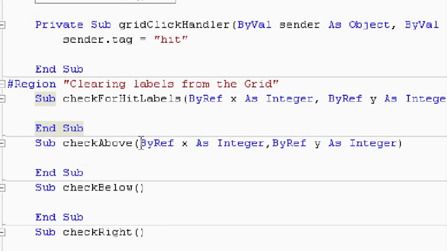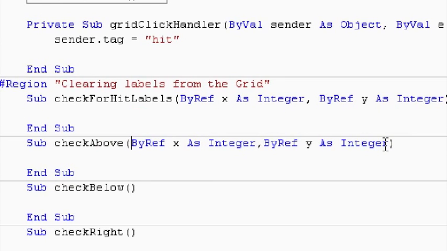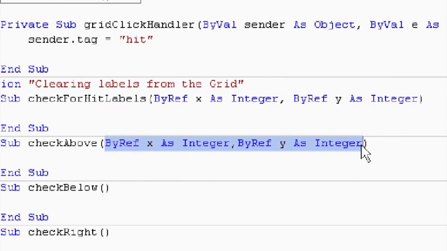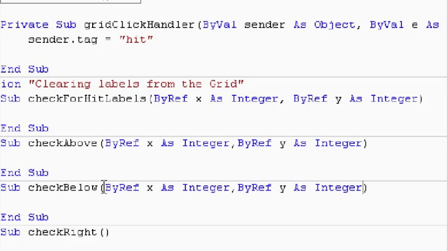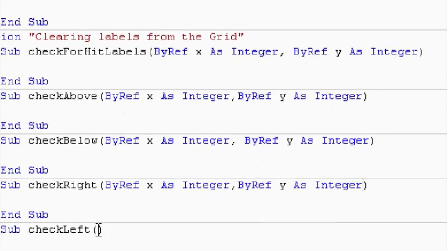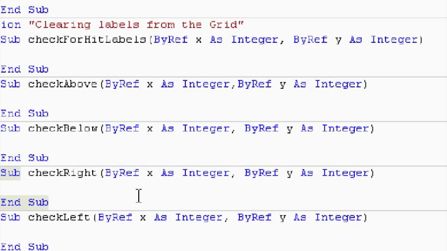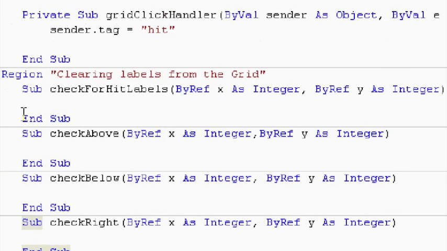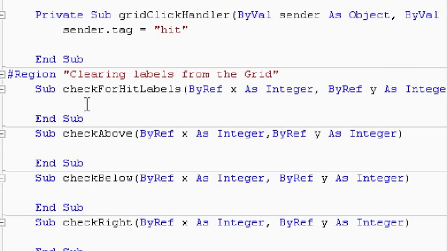And then, whoops, we need this for each one. Okay, so I'm going to copy this. Let's try this again. Shift, Control C. I'm going to paste that in each of these. And again, you can use the exact same variable names because it's a local variable within that sub, so it's not going to interfere with each other. So check for hit labels, all we're going to do is we're going to say